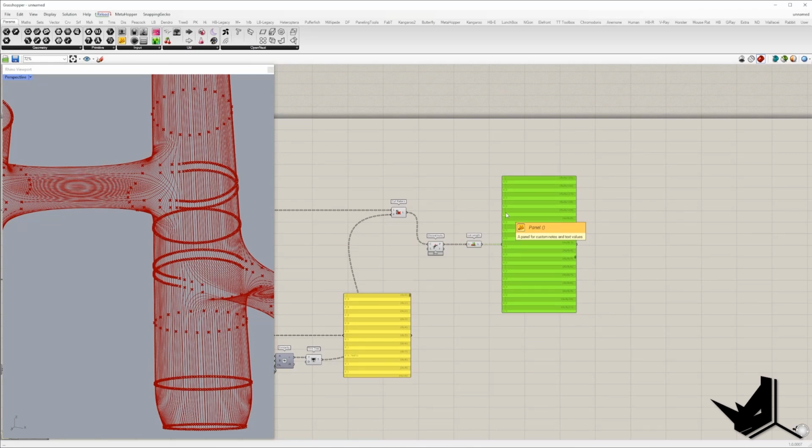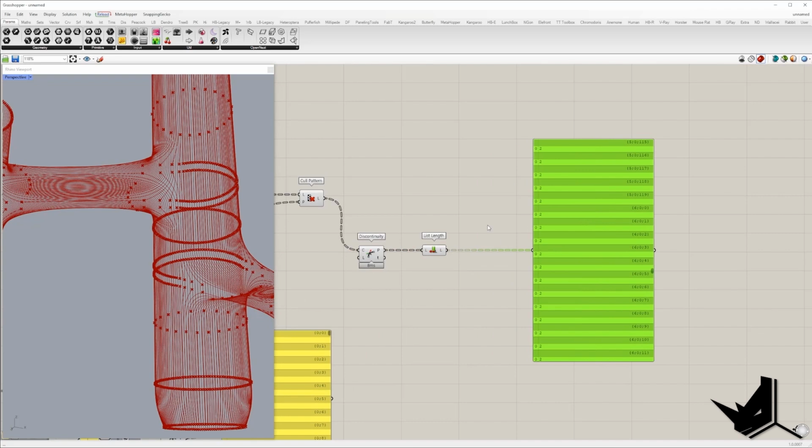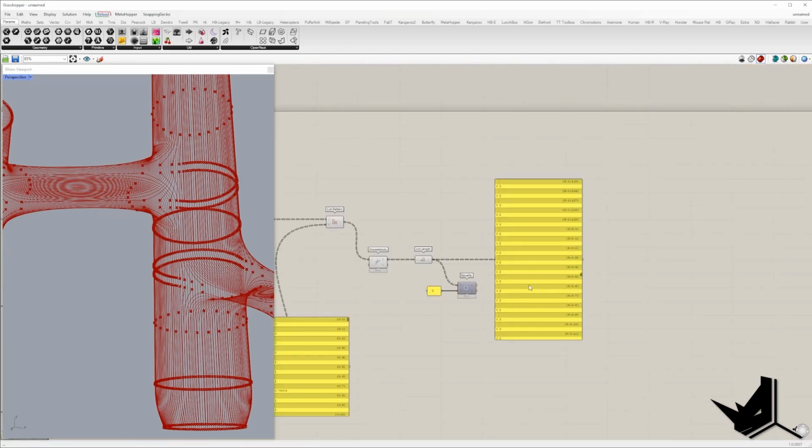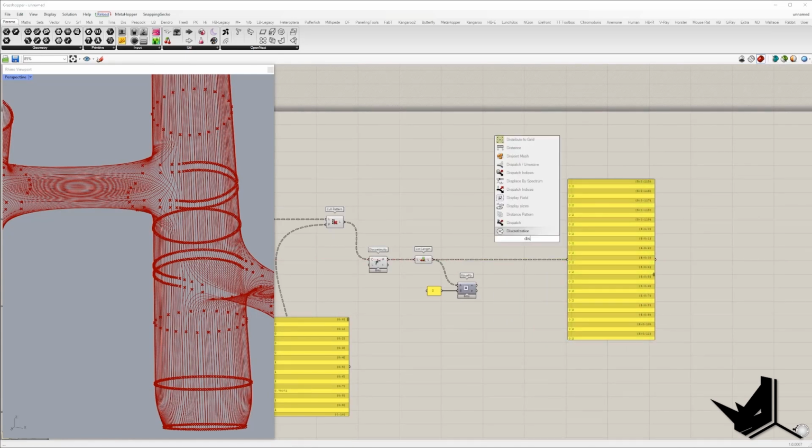Otherwise, the other curves we need to modify. Actually, we need to explode them. So let's use Component Equality. And if the list length is equal to 2, and now once we get the pattern,